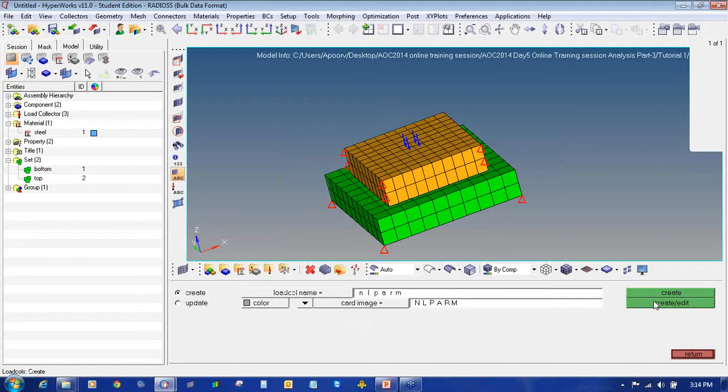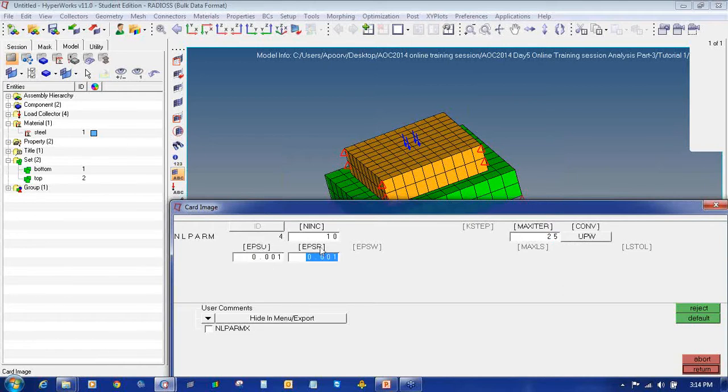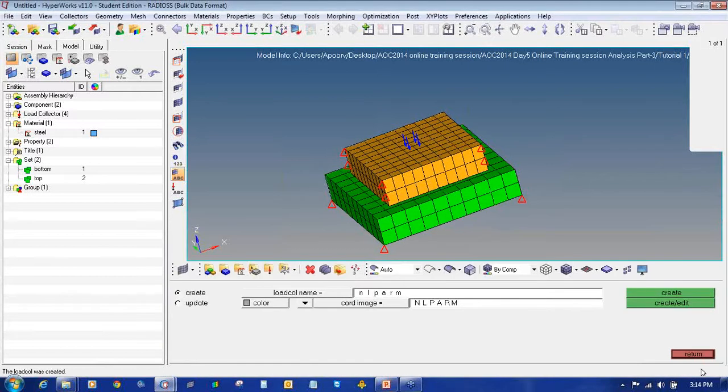Click on create edit and specify some values related to that. We'll put the default values. Then click return to accept these. Again we will click return to exit the load collector panel.